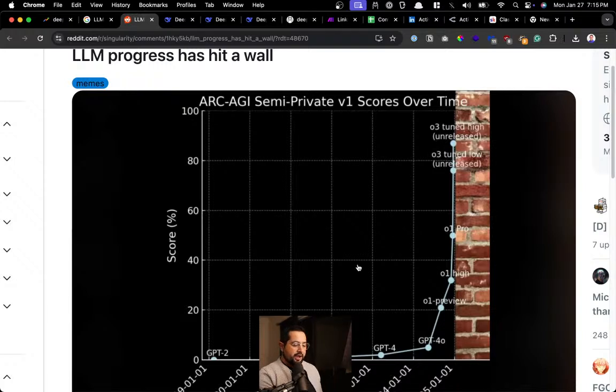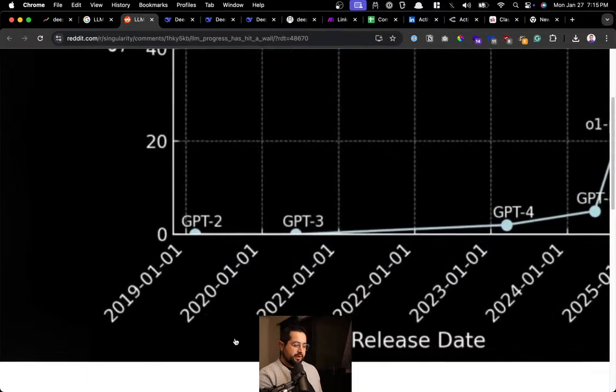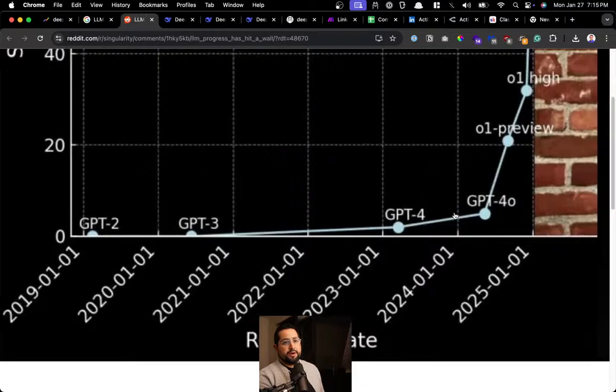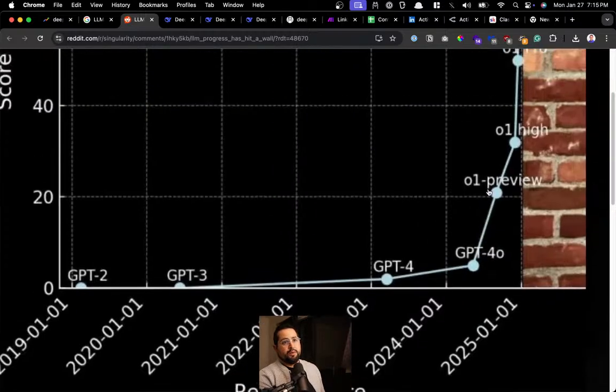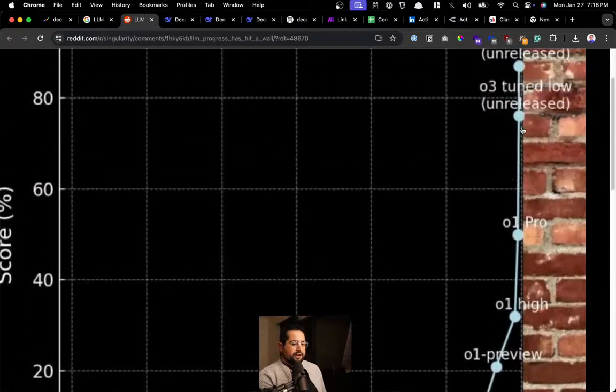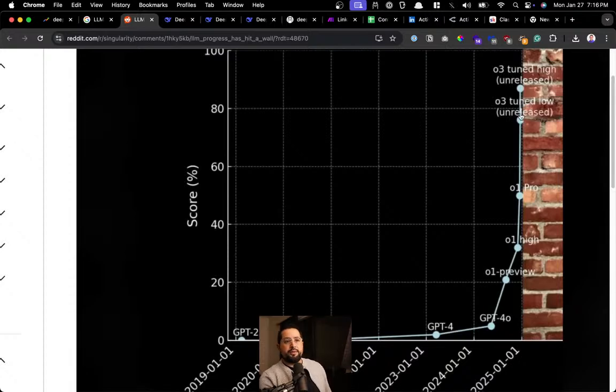You can see here how GPT-2 is at the very bottom when it came out in 2019. Then we have GPT-3, and then GPT-4, and then GPT-4o, and then o1 preview, and then o1 high, and then here's o1 pro, and then o1. And you're seeing it's actually hitting a brick wall in performance. So large language models aren't going to be the thing that gets us to whole sentient AIs, the Skynet kind of thing. It's not the path there. And throwing more training data and more money at hardware isn't really going to be the big factor as far as innovating in the market.